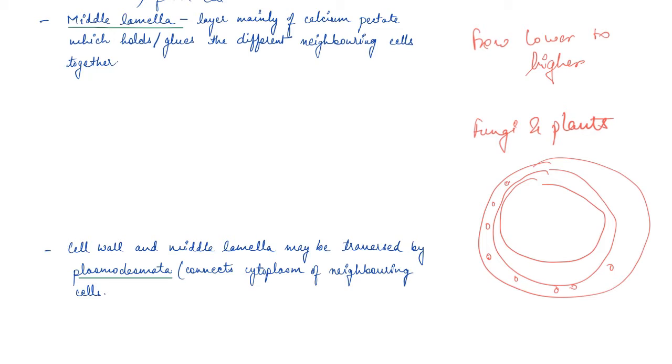So guys, with this we have finished the entire cell wall and cell membrane, and I hope you have understood it. Again, very basic but very very important. You'll have to remember all these terms, as in what is active transport, what is passive transport, what is the cell wall made up of, what is the cell membrane made up of, what is the structure of the cell membrane, what was the model, what kind of compounds are present in that, what is the middle lamella. So you'll have to remember all these things. It is very, very important from your exam point of view, whether it's board or NEET UG.